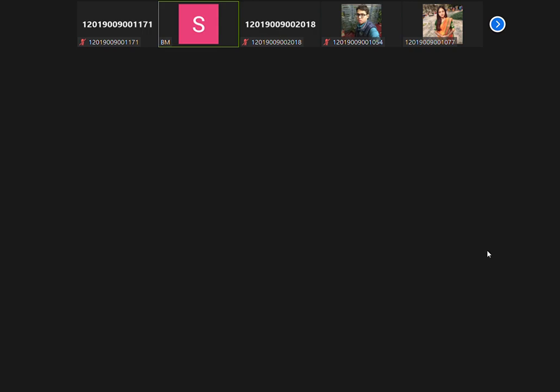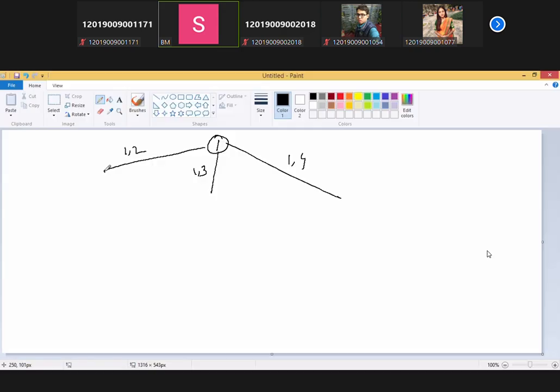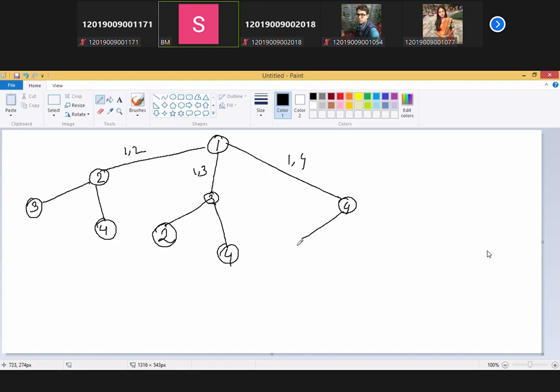This is for 1, 4. Now, then you will get something here, right? So this is for 2, this is for 3, and this is for 4. Now, once you come here for 2, you can again repeat this thing for node 3, node 4. You will do this for node 2, node 4. You will do this for